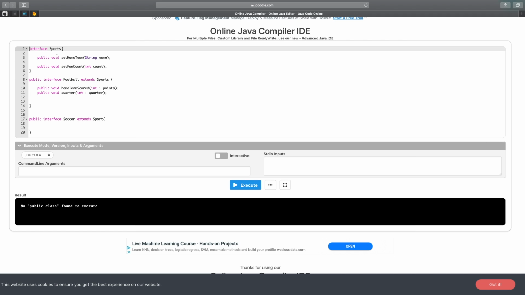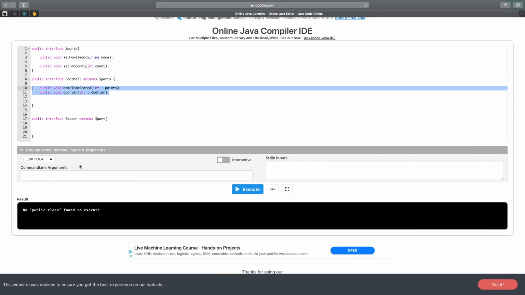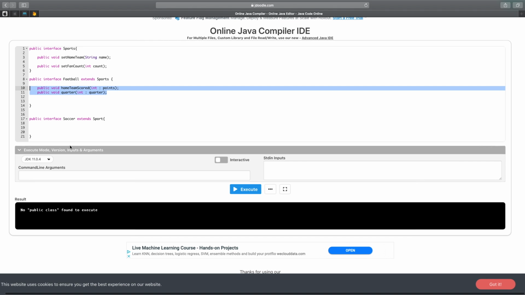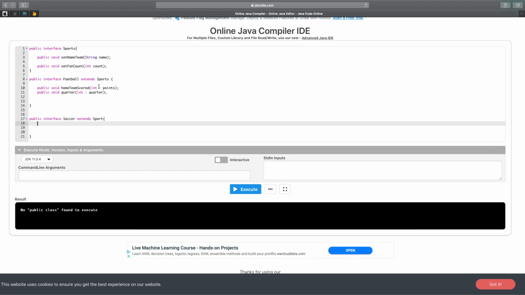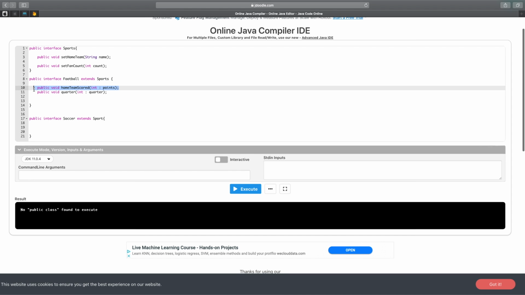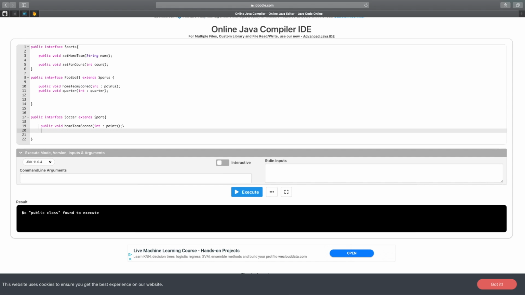I think this one we should make public too. There you go. Public interface sports, and then public interface soccer extends sports. And basically, we could just do the same thing as this. But I believe soccer has this thing called overtime, and so we could just copy this, paste it in here, and we could just do